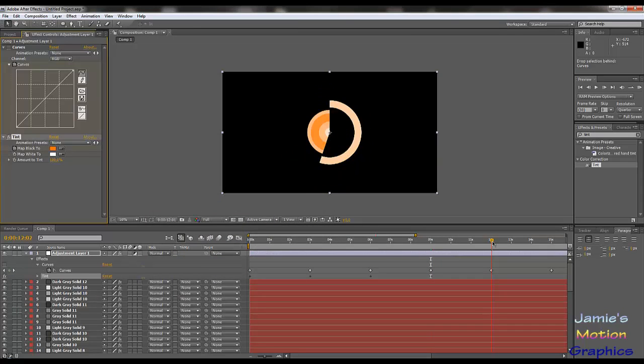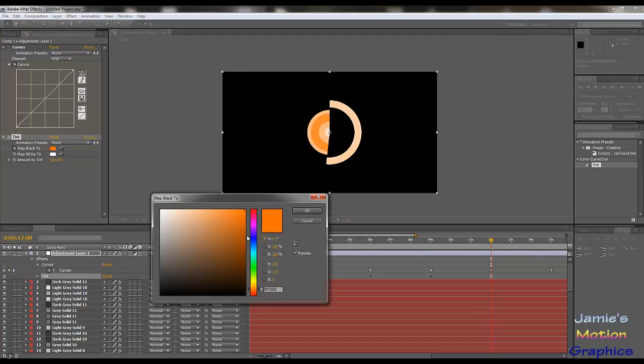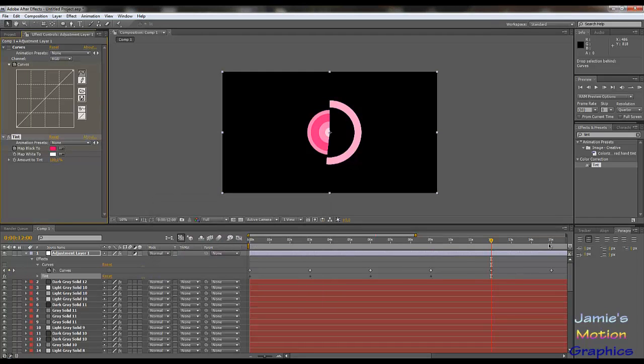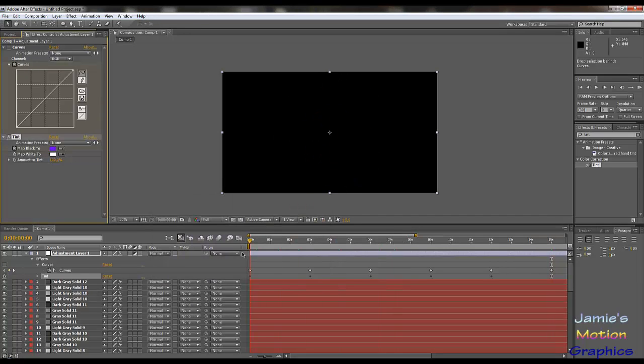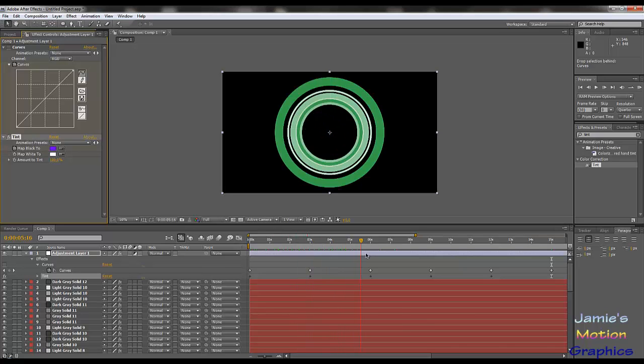There you go. And then at 12, I want it to be, let's make it something like that. And at 15, I want it to be something like that. So the thing is, this is way easier to pick, but you don't have the contrast curves,